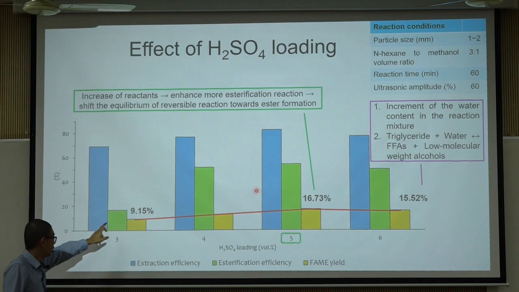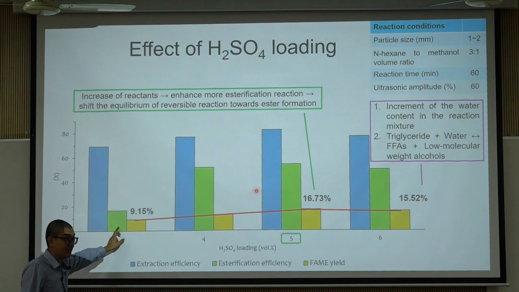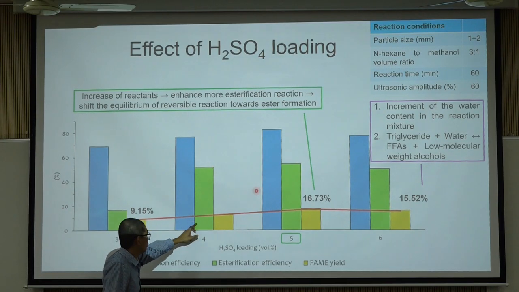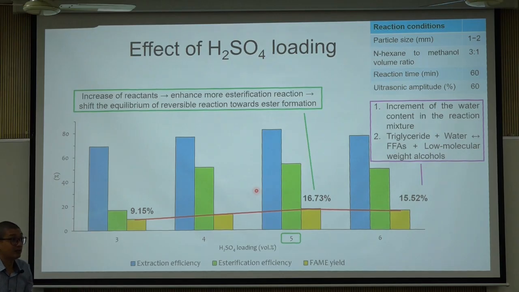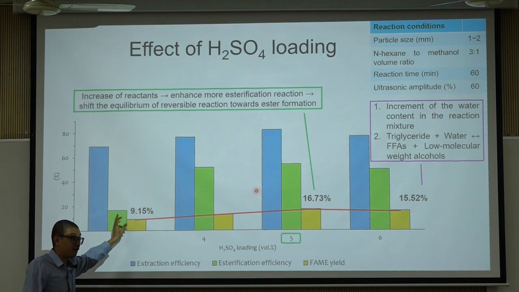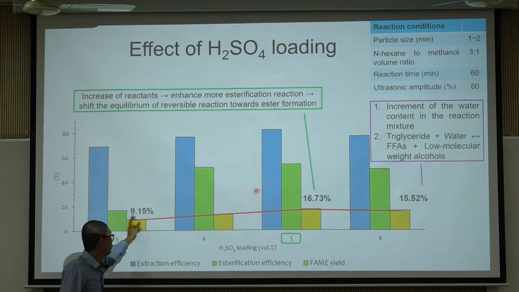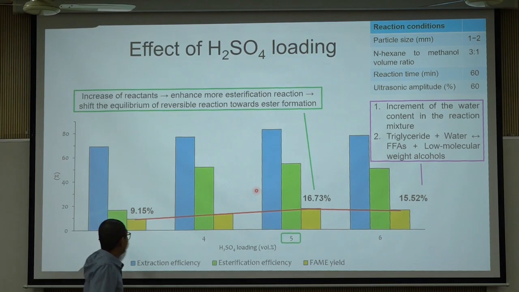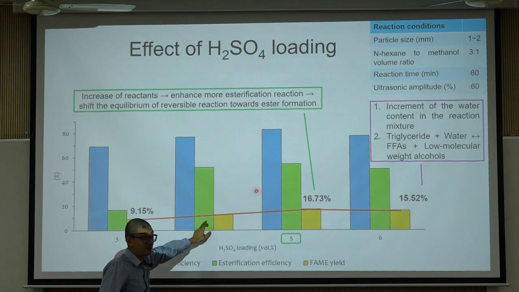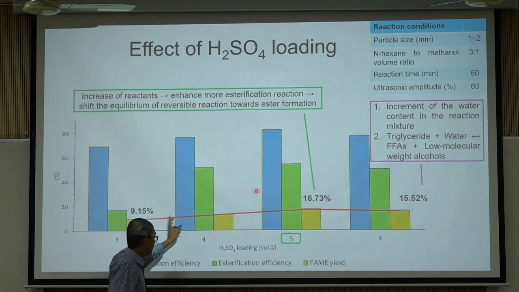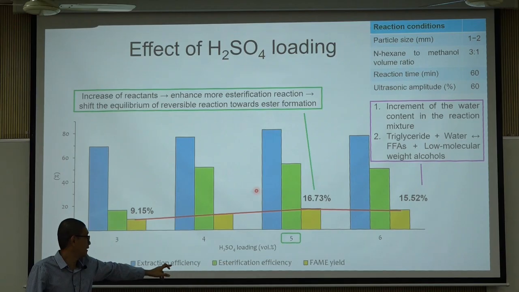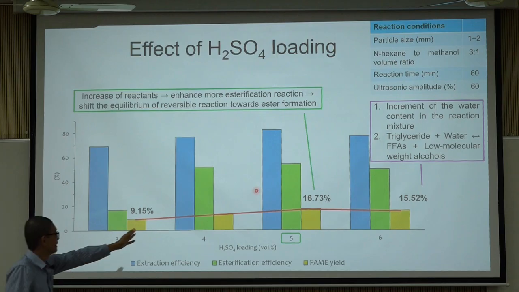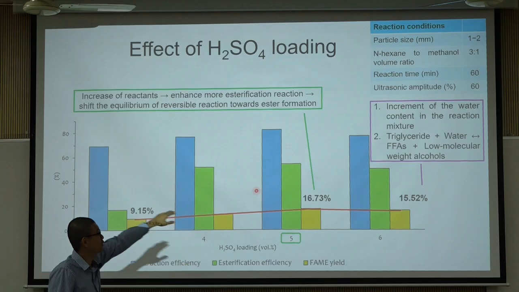This one, I told you that the esterification efficiency is the conversion of the acid value. From here to here, we can make the assumption that some of the FFA, or free fatty acid, are converted into FAME. So that's why from here to here you see the acid value is reducing. Reducing means what? The esterification efficiency is increasing. The acid value is reduced, and until a certain point the acid value is almost maintained already. But